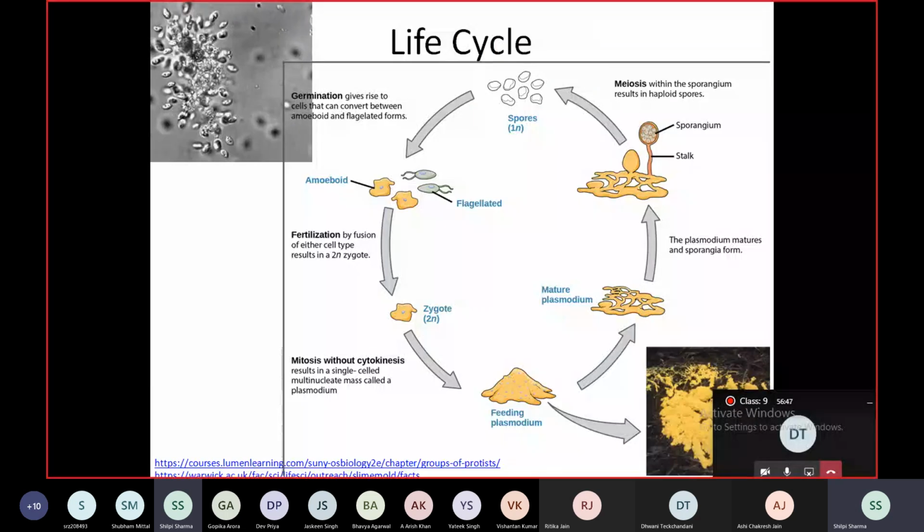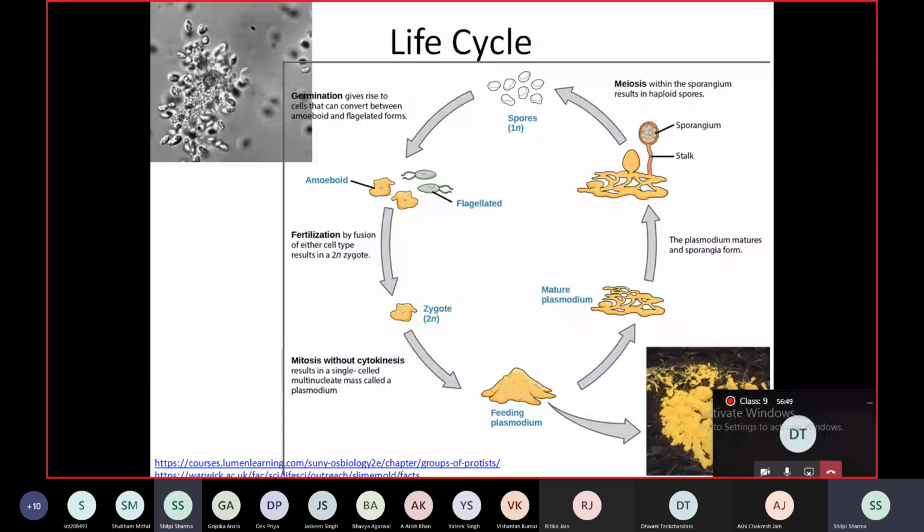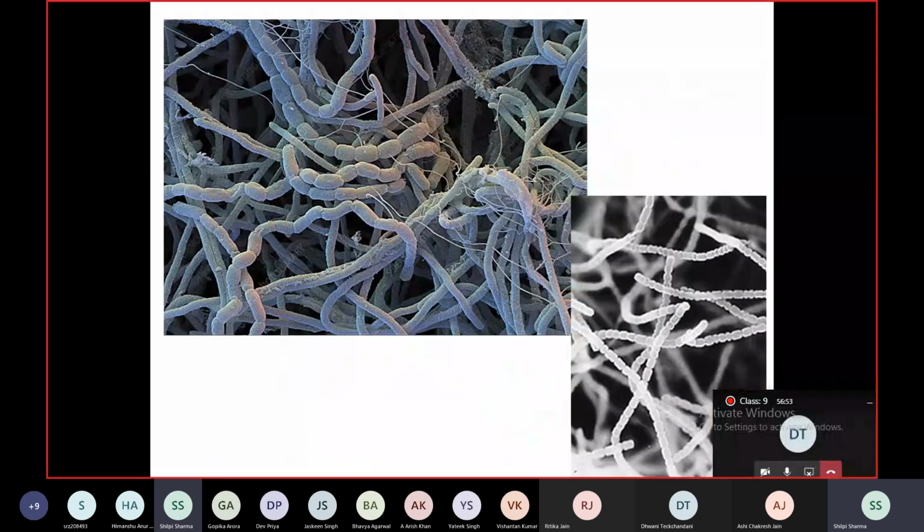Now coming to the last group of organisms that I wanted to mention. First, just look at this and tell me, from all that you have studied till now, from the eukaryotic cell structure, fungi, bacteria, and protist, what do you think these are? I don't want the name of the organism, which group would you put these organisms into? What do you see in this? Tell me.